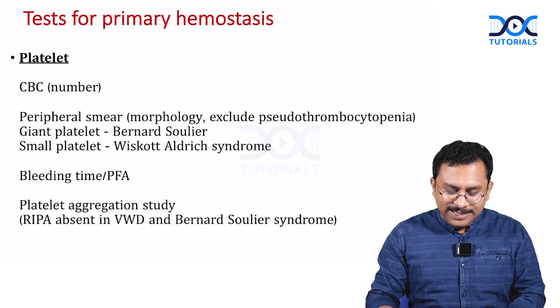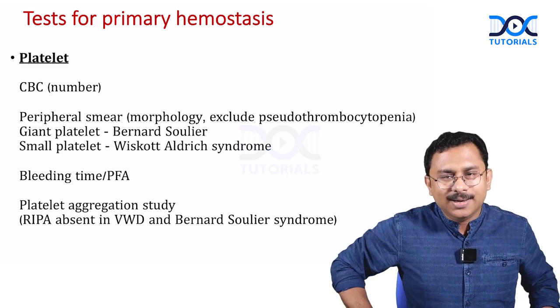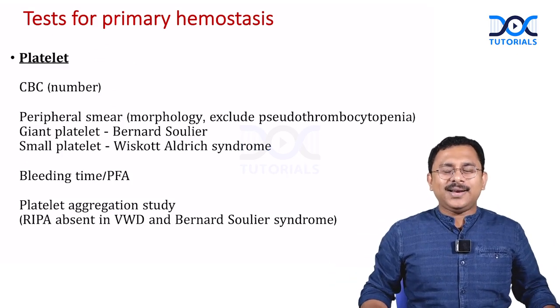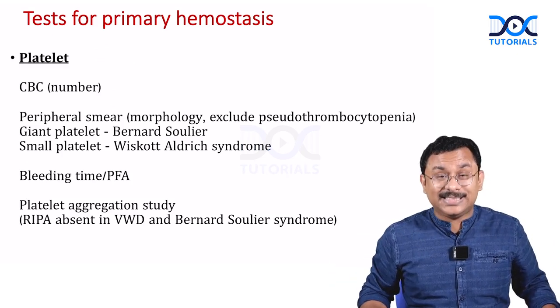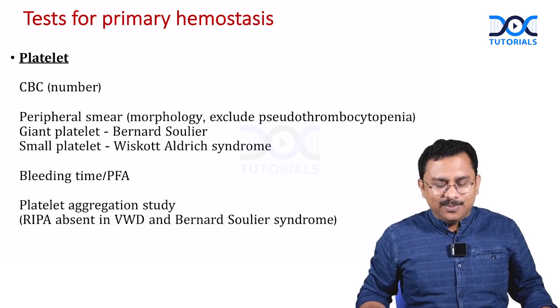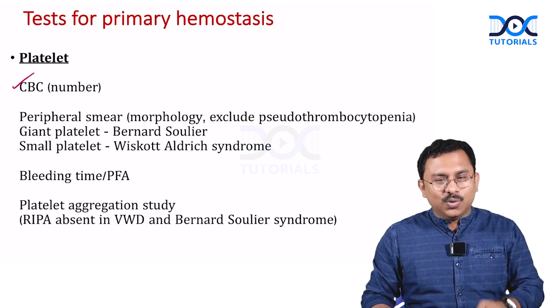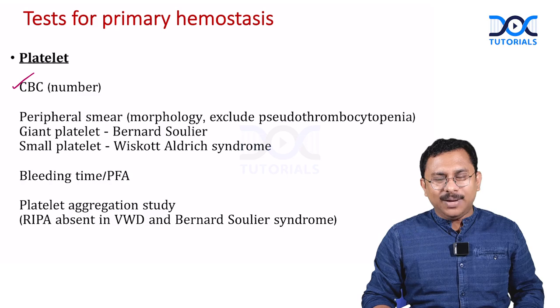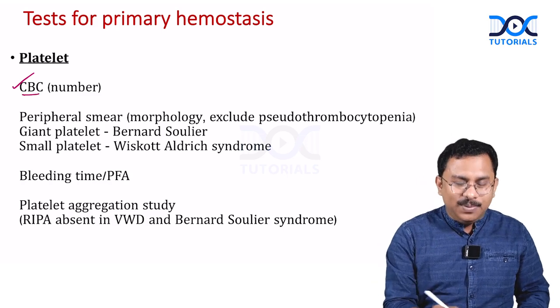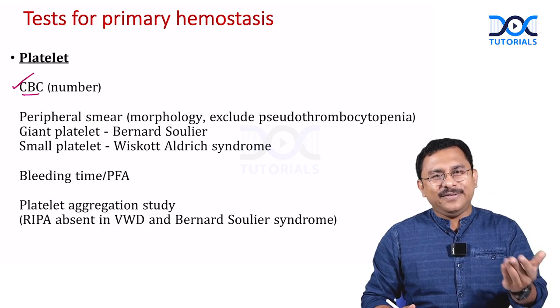Right. Next, having understood the basic points regarding the approach, let's quickly have a look at the various tests for assessing hemostasis. So tests for primary hemostasis, tests for secondary hemostasis. In primary hemostasis, you have to assess the platelet number and function. So you look at the complete blood count, which will tell you if there is a quantitative defect in platelets,